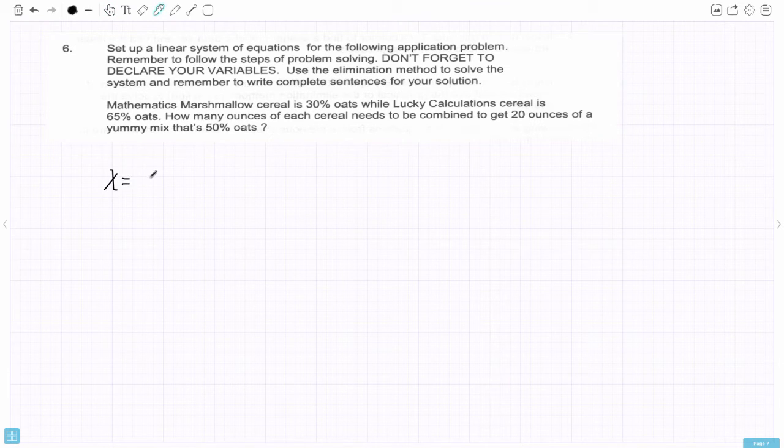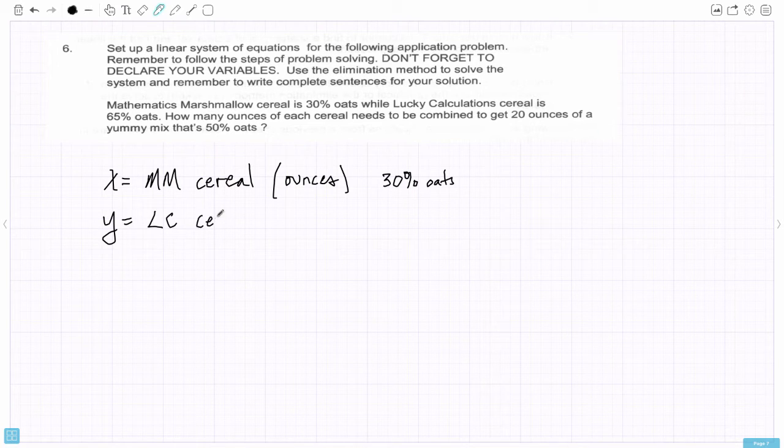X will be the ounces of the Mathematics cereal, and also make a note that this is 30% oats. I'm going to say Y is the ounces of the LC cereal, Lucky Calculations. Lucky Calculations is 65% oats. How many ounces of each one need to be combined to get 20 ounces of some yummy mix that's 50% oats? I think the easiest equation to see first is that when you add the two cereals together, it's going